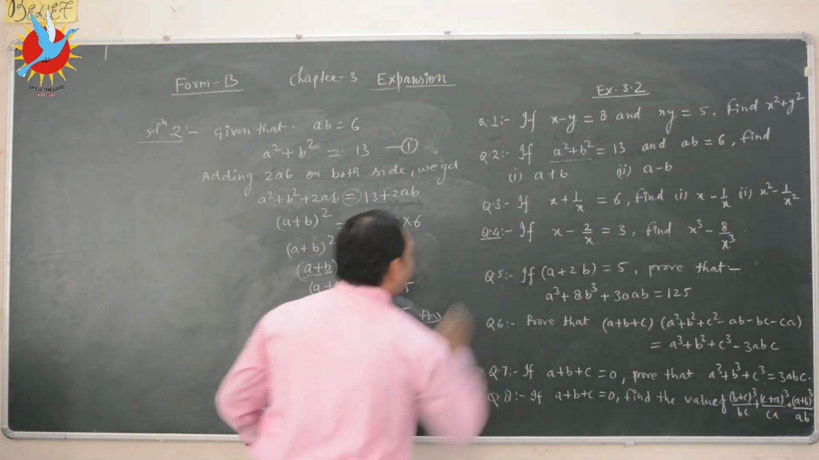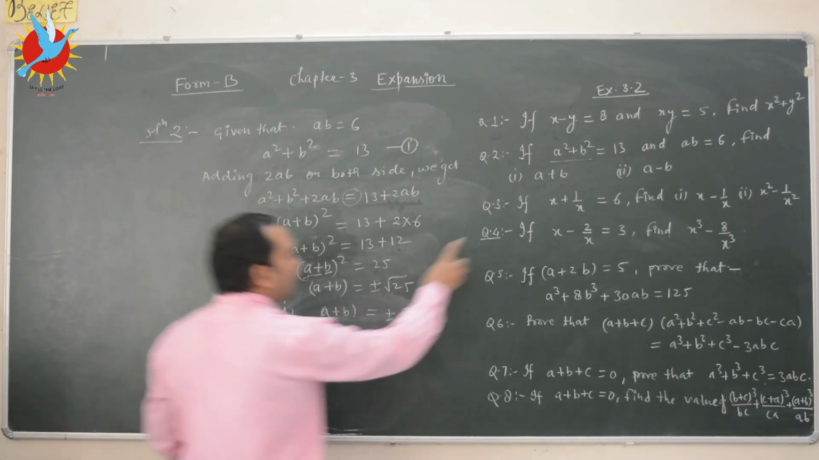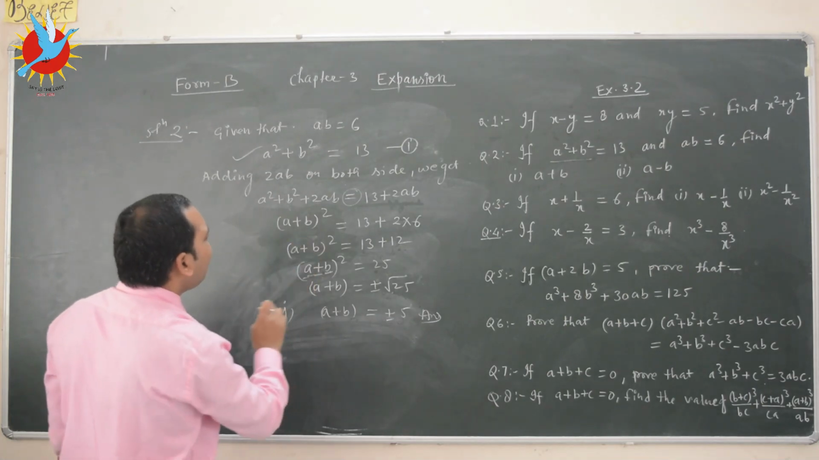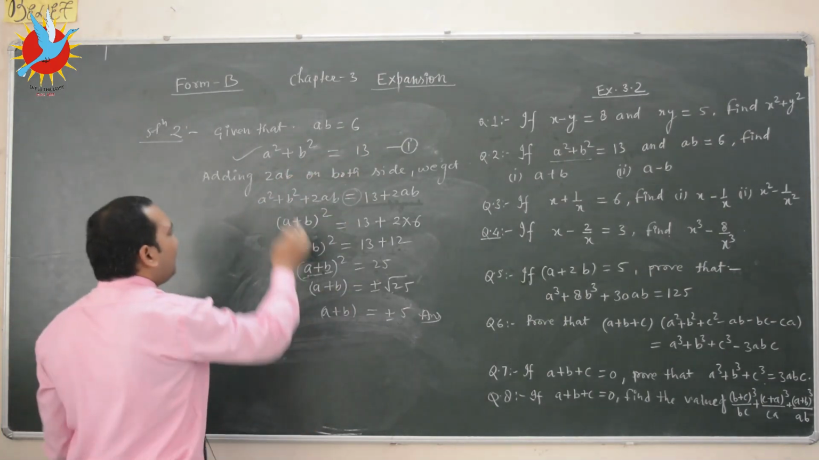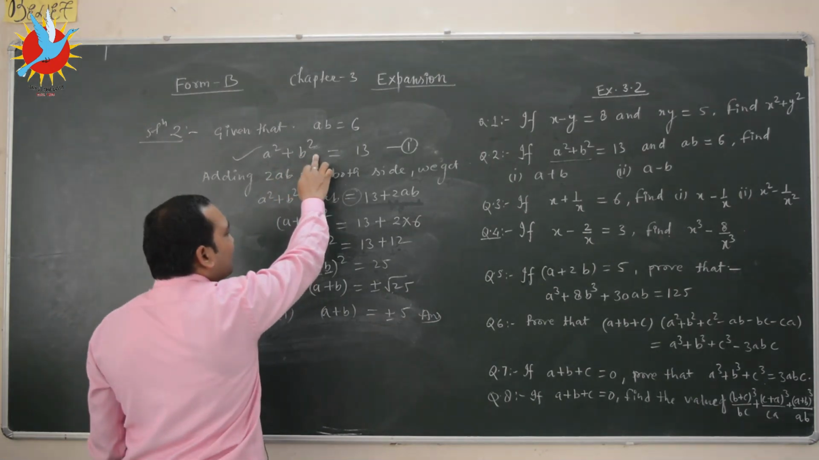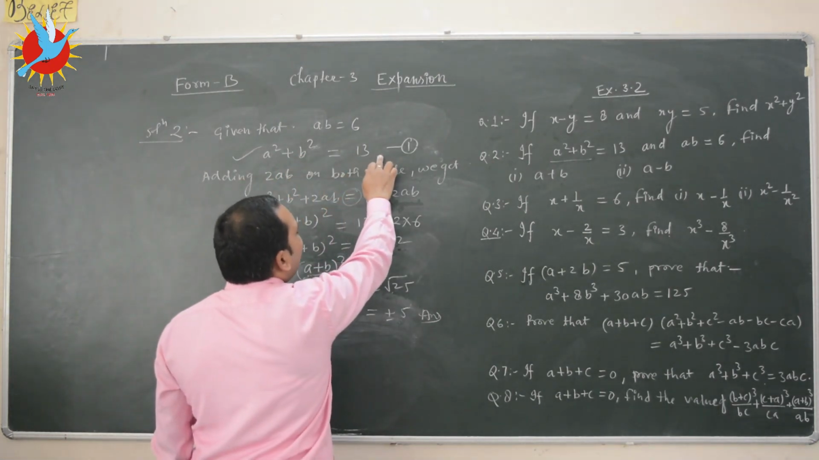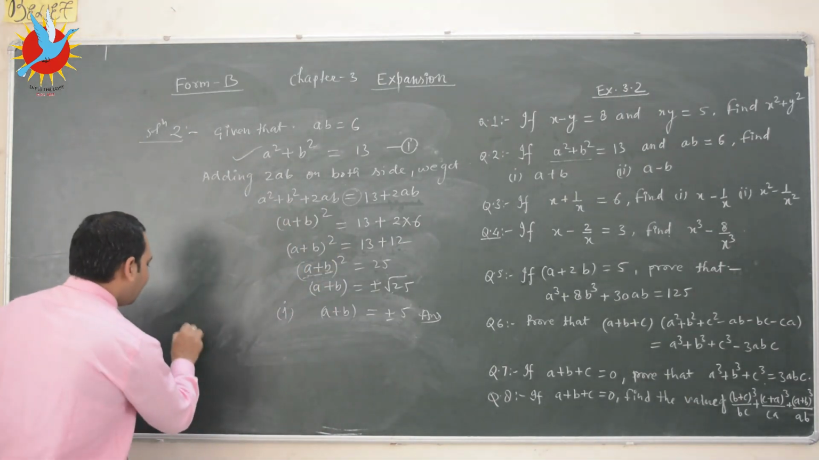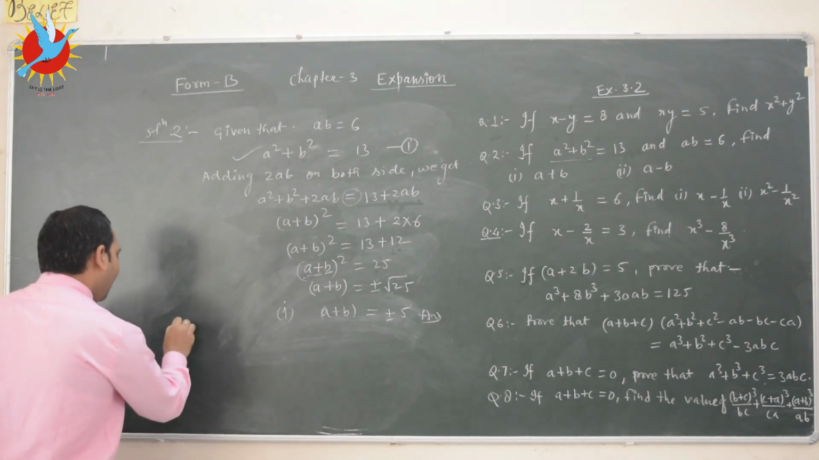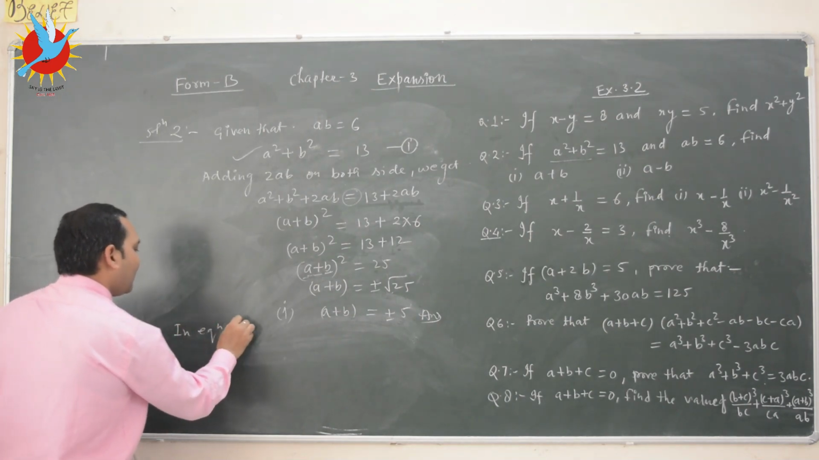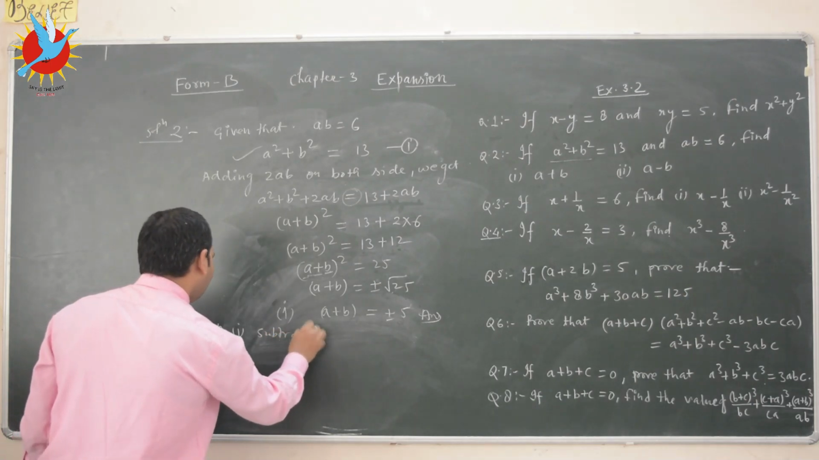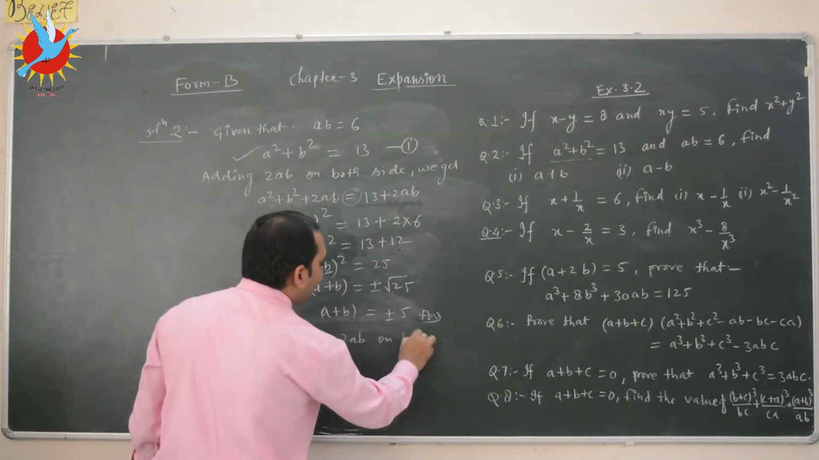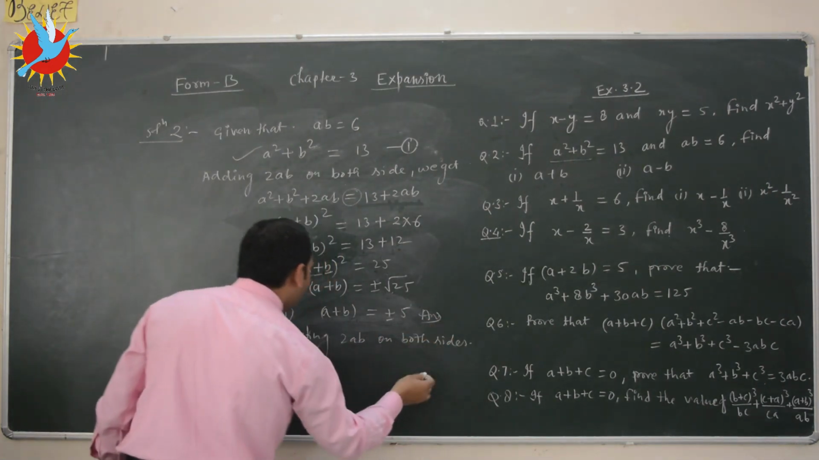Next, this was the first solution, a plus b, and the second one is a minus b. So here we add plus 2ab; now we subtract 2ab on both sides, then we get a square plus b square minus 2ab, which is equal to 13 minus 2ab, means subtracting 2ab on both sides. Subtracting in equation first, subtracting 2ab on both sides, we get,